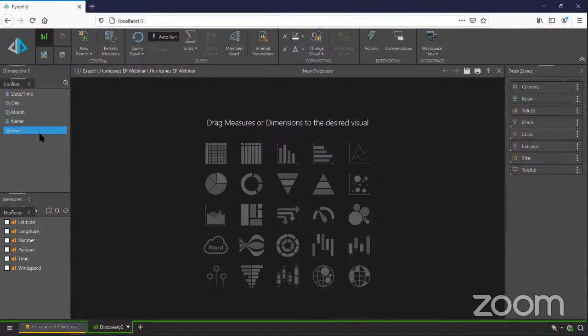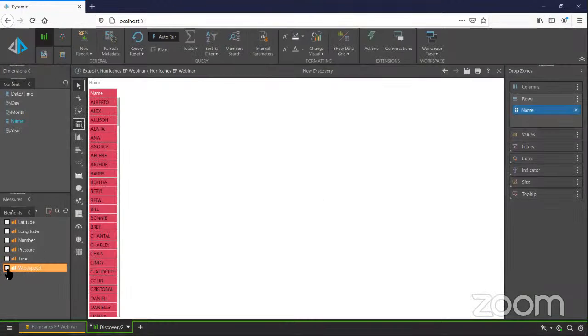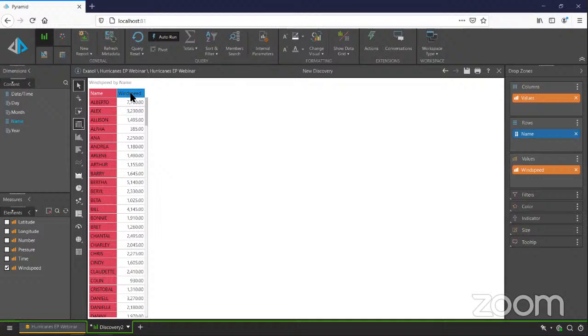We already got that set up. And Pyramid comes with a whole bunch of options in terms of creating my analyses. So in this particular case, what I may want to do is to look at my name, for example, and I can just drop that into my grid. I may want to look at my wind speed here.